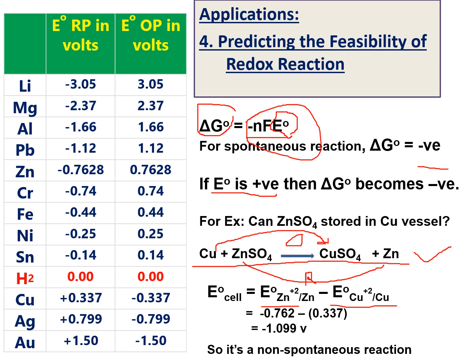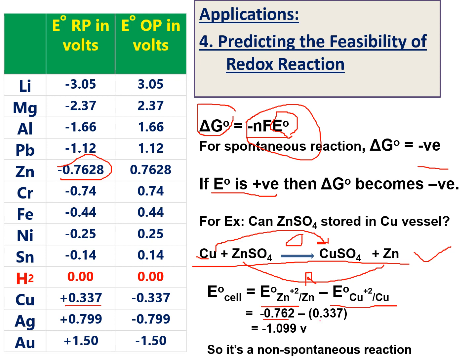Here cathode means the one involved in reduction. Which is involved in reduction? Zinc sulfate is involved, giving zinc. So the reduction potential of zinc is equal to minus 0.7628. Substitute here minus 0.762, and there is a minus in the formula, minus the reduction potential of the anode. Who is the anode here? See here, copper 0 converting into copper plus 2. It is involved in oxidation. Oxidation takes place at the anode. That's why copper acts as anode here. So the reduction potential of copper is equal to 0.337.